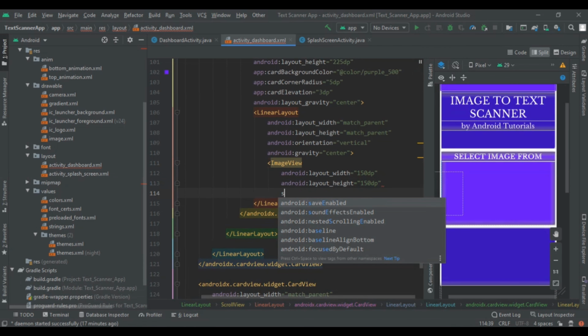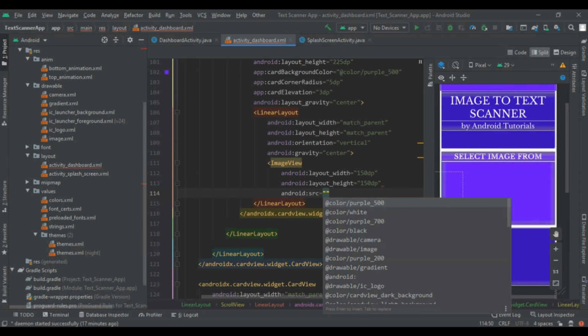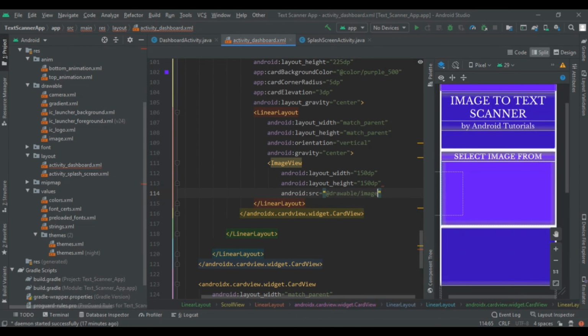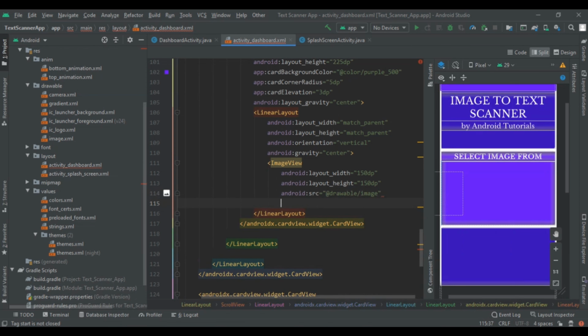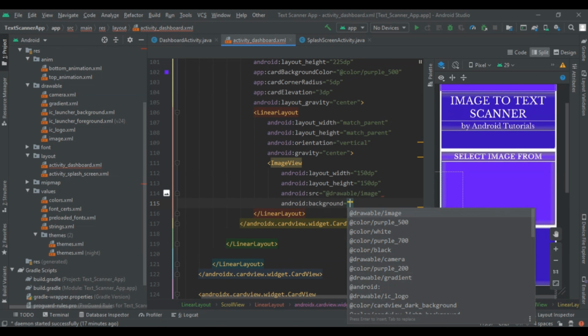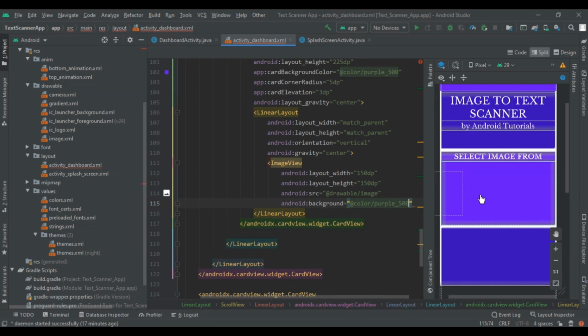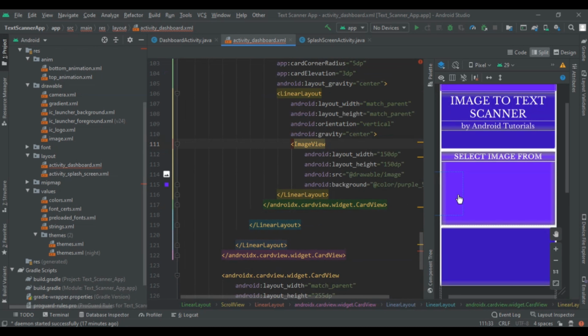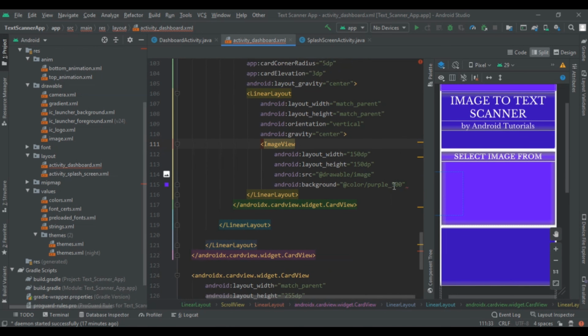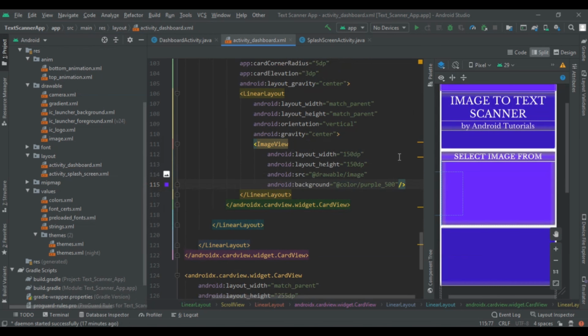So source of our image will be, image means gallery. So here add some background, color will be 500, and you can see that preview of image is not currently showing, so I will try to have that, and then add text view.